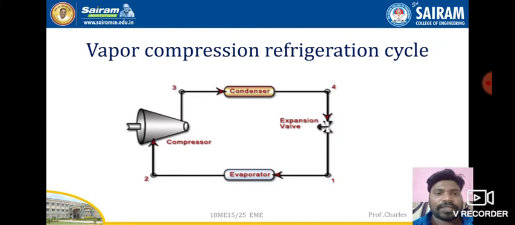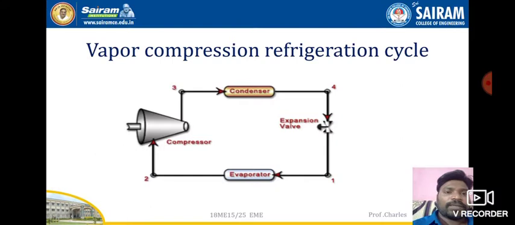What is the function of the compressor? It compresses the fluid. It does two different jobs. First, it compresses the fluid and increases the temperature and the pressure of the refrigerant. Second, it helps to circulate the refrigerant throughout the refrigerating cycle. So that is the function of the compressor. The main function is that it increases the temperature and the pressure of the refrigerant.